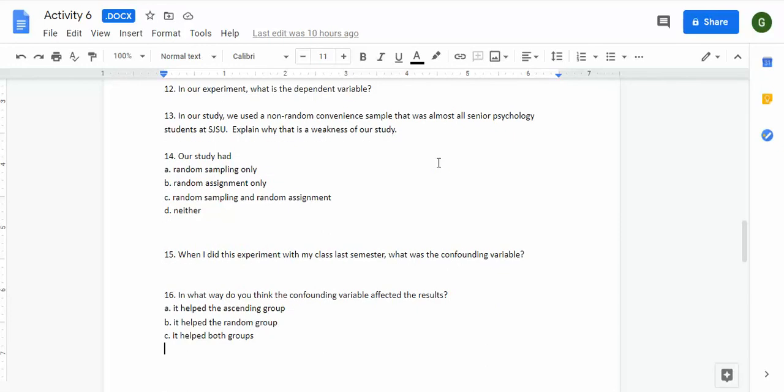And in 1 or 2 sentences, answer this multiple choice question 14. And then let me quickly explain 15 and 16. When I did this experiment last semester, I forgot to tell group 1 to close their eyes. I did the ascending order first with group 1, and then afterward I did the random